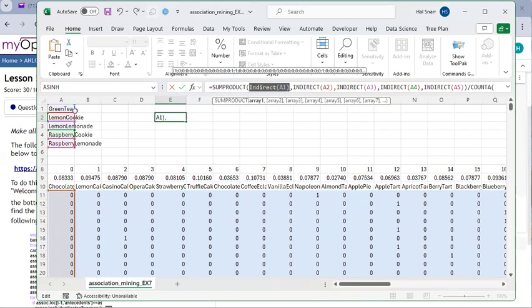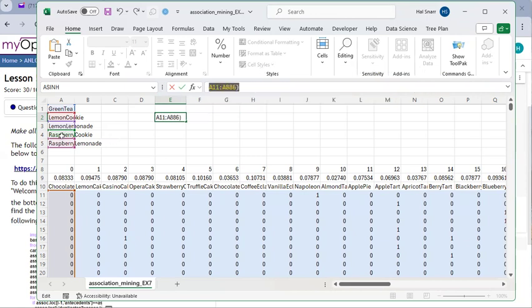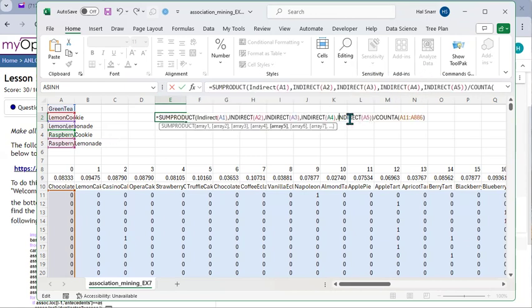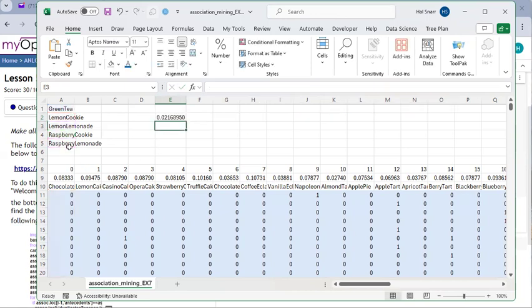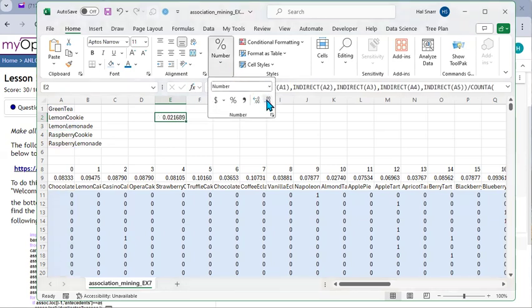Indirect is grabbing the green tea. Indirect A2 is grabbing lemon cookie. Indirect A3 is grabbing lemonade. Indirect 4 is grabbing raspberry cookie. And indirect 5 is grabbing raspberry lemonade. And we get a probability of 0.021689,